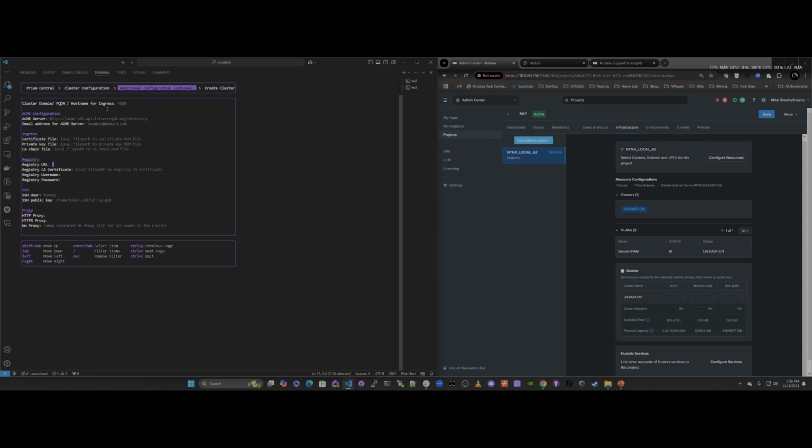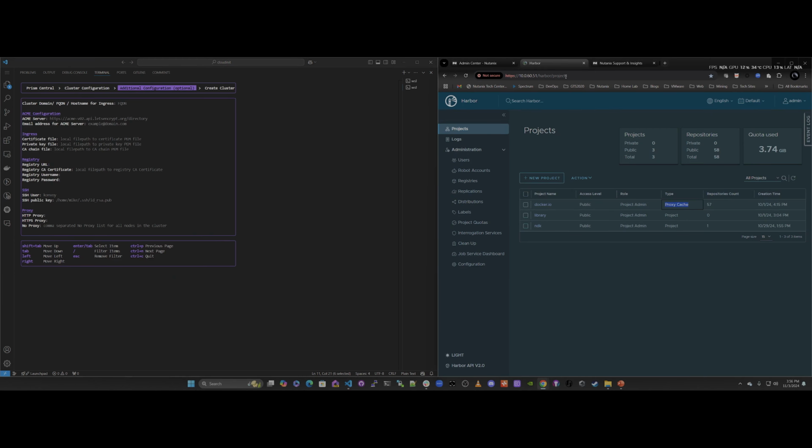For registry, we're going to stop here. We use Harbor, right? I talked about this earlier. I have a Harbor URL, of course, and I have the local path. Remember, I talked about creating a registry certificate for authentication for your Kubernetes clusters to leverage, and then the registry username and password for Harbor. So in this case, it's going to be https://harbor.utech.local, and my proxy cache or mirror registry, same thing, is docker.io,